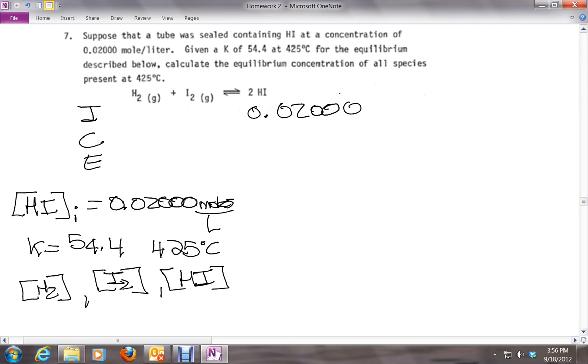How do you think the equilibrium is going to shift? To the left. You're going to produce H2 and I2 because you started with HI. It goes on the reverse side, from right to left, until it reaches equilibrium, until H2 and I2 reach a concentration in which the whole system is at equilibrium. So initially we have 0. If it's going to the left,